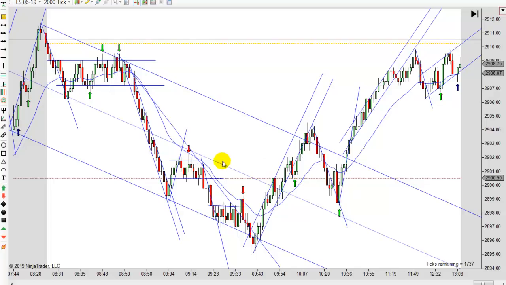But the real problem is I don't have this. Oh, Lord, you can't ever get it to hit the right line. I don't have this drawn across, but you can see you would have been going long right into that resistance right there. And that's just too risky in my opinion, especially with a close outside, because it may go a couple of ticks higher and then turn back down and get right back in this little range. So I'll mark it green, but it's really risky for that reason. I'd skip it most likely.